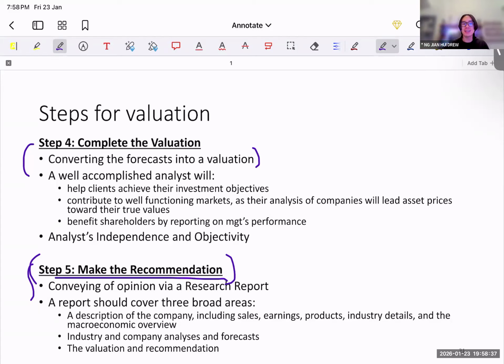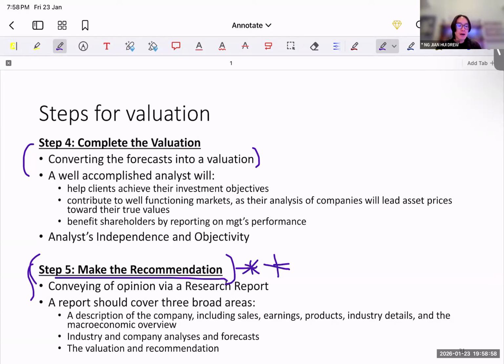But what does this mean? Is it overvalued? Is it undervalued? Can we do some peer comparison? So what's not mentioned here is yes, we need to do some kind of comparison, kind of benchmarking, right? To determine, okay, is this stock that I want to recommend that you should buy because it's undervalued, right? So this part is important.